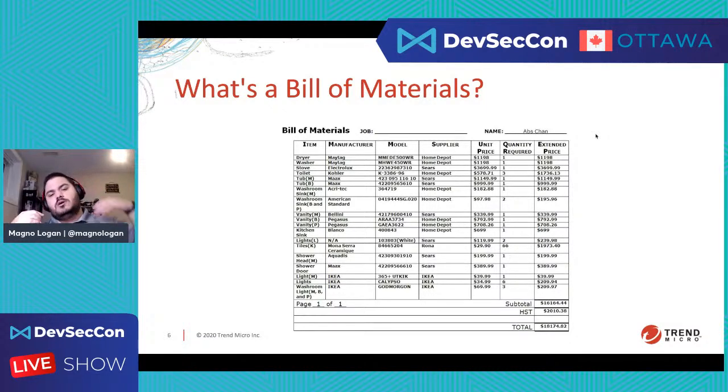And it shows the manufacturer, or the model, and the suppliers, and the unit prices, and then I have the total, right? So to build this house and to have all the necessary materials for my house, I'm going to spend this, and I'm going to need all these products from all those suppliers. Okay, basically that's that, and we're going to have some different analogies as we go here.